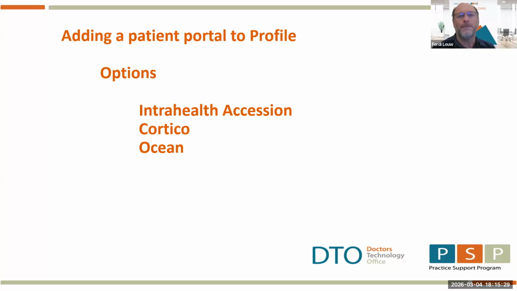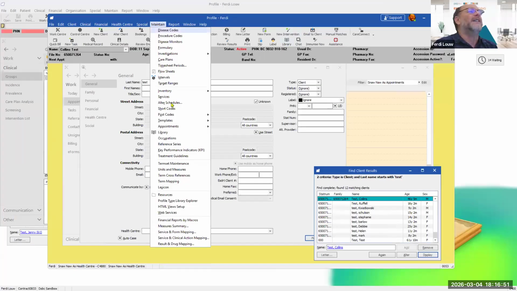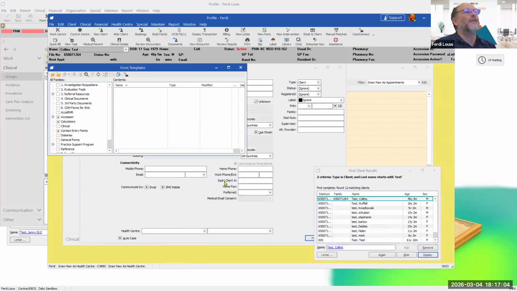How does it work? Is where you can access additional forms. So a lot of time, this form is outdated. The hospital's got a new form, and where do we get the new form? So in Profile, you always go to maintain, and this one's layout is a bit different from mine. Where are templates? Maintain templates and forms. That is where you always go to for forms.